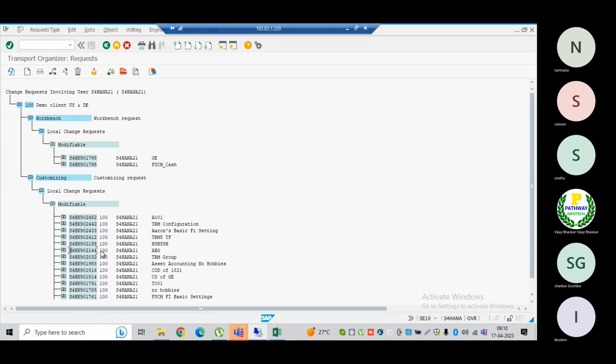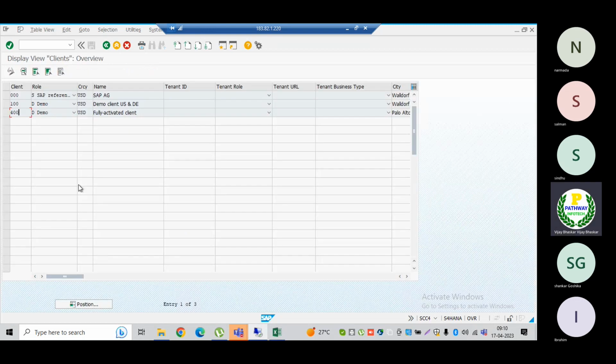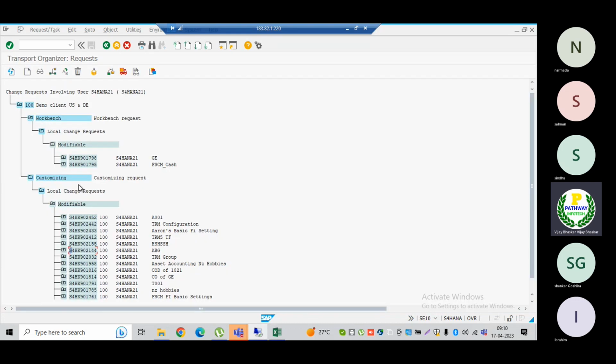Then again I can use the same transport request to bring the changes into SCC1, in the quality system. So the same one transport request I can use n number of times for customization. You may ask the question, how will the system understand, because today I'm doing some changes and importing to the QA system, tomorrow I'm doing some more changes, but how can we differentiate the